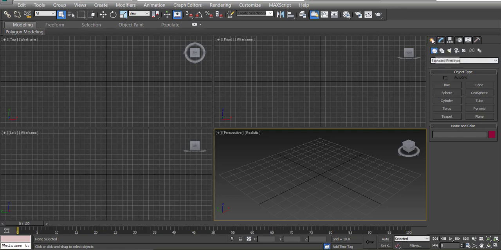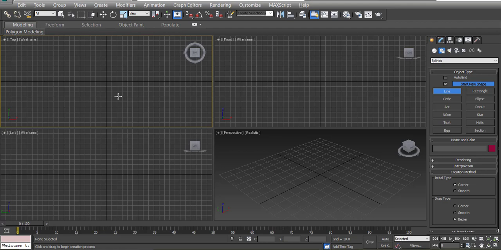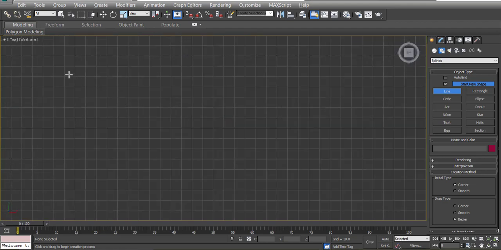To draw a 2D shape, we go to Create, then Shape, and from Shape we should choose our shape. We can start with a circle, donut, star. I will start with a simple line. So click on Line. From the top view, activate the top view by right click and then Alt W to maximize the top view, and I will start my own shape by click,